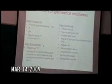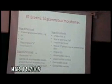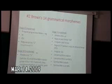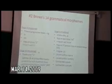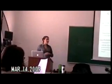Which ones are mastered in stage 4? None. There's no new Brown's 14 grammatical morphemes mastered in stage 4. So all of the remaining 9 of Brown's 14 grammatical morphemes are mastered in stage 5. Okay? So you do want to have on-the-cuff knowledge in your head of when these 14 grammatical morphemes are mastered. Right? You never want to say 1 and 4 because no new grammatical morphemes are mastered in stage 1 and